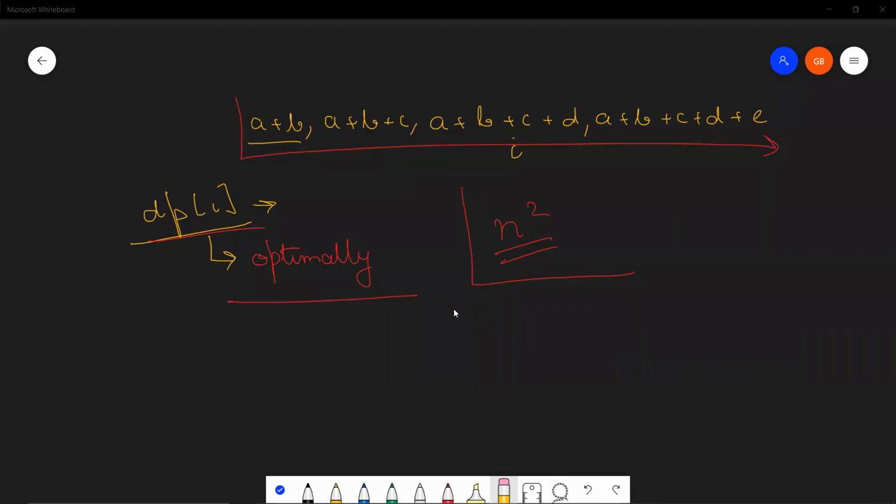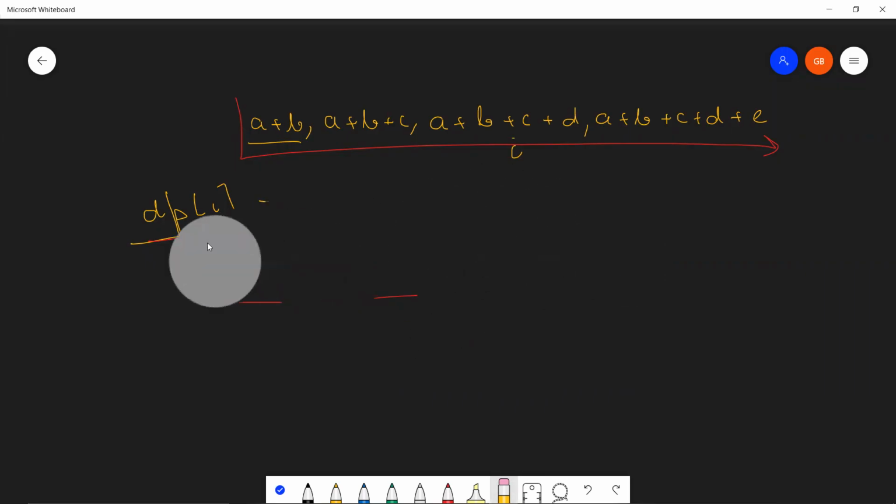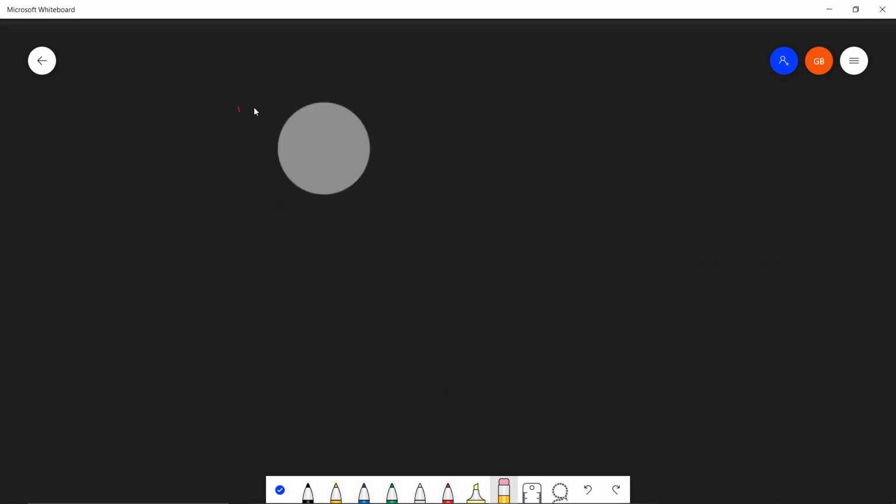So even if you, yeah, that's the case. Okay, so how do we optimize this now? Right? The question is, how do we optimize it? Okay, let me just draw it completely. Or let me take an example this time.